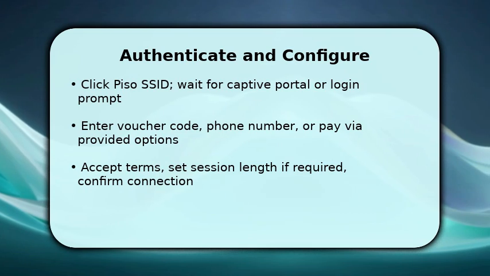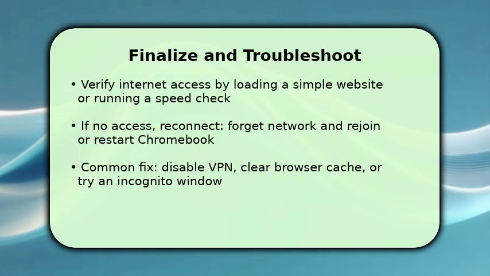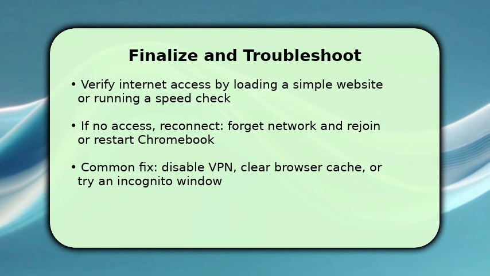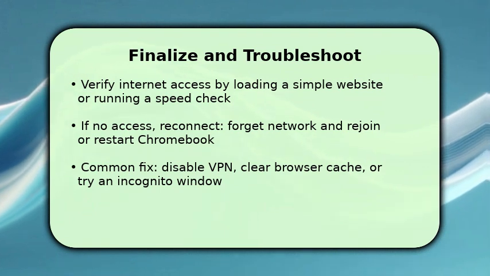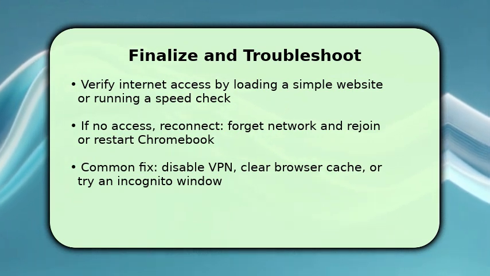This step completes authentication. To finish, confirm internet access by loading a basic website. If pages fail, recheck the voucher or payment confirmation. If you still have no connection, forget the Piso network in Wi-Fi settings and reconnect, or restart your Chromebook to